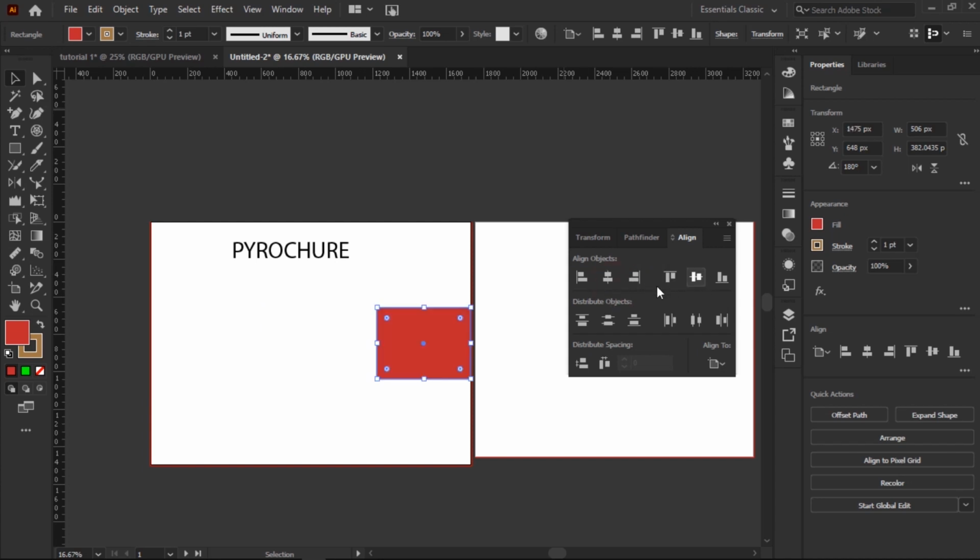Now this one is just for the vertical align stuff. This one is vertical align top, vertical align center, and vertical align bottom. As you can see, this is just for aligning your design. Next one we have is the vertical distribute top. When you click this, it's just for distributing objects. That means